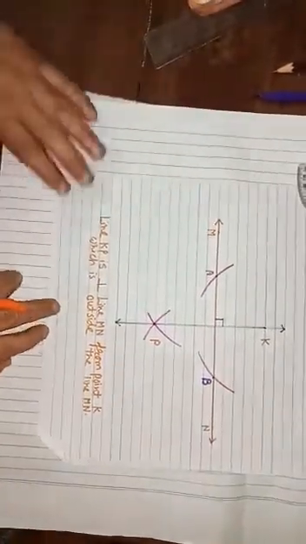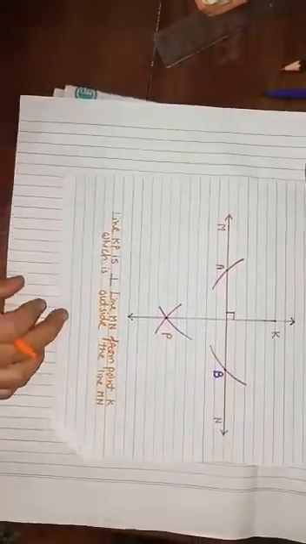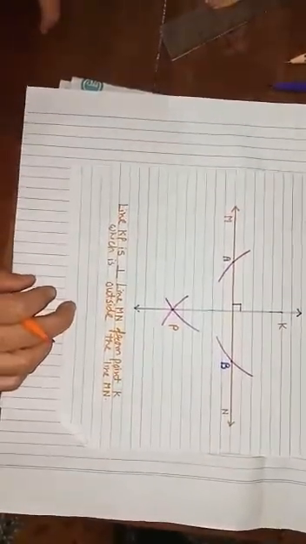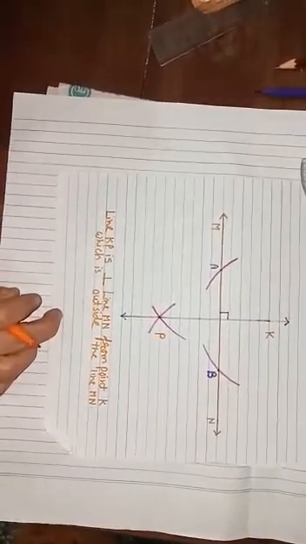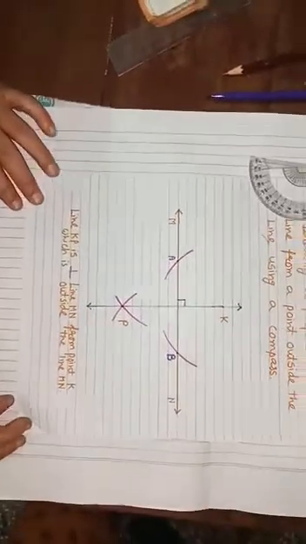Students, you have to do this construction in your copy and you have to write down the steps which are given on page number 90 under the heading drawing a perpendicular to given line from a point outside the line using a compass and a ruler. This completes our construction. You have to do it in your copy.